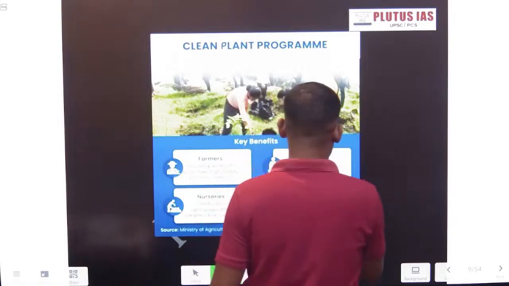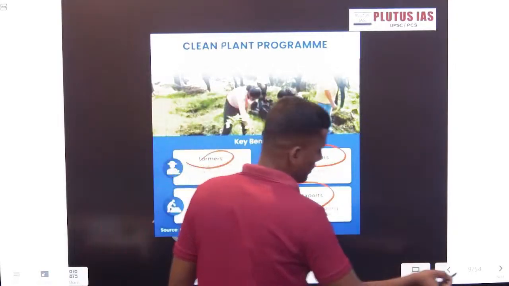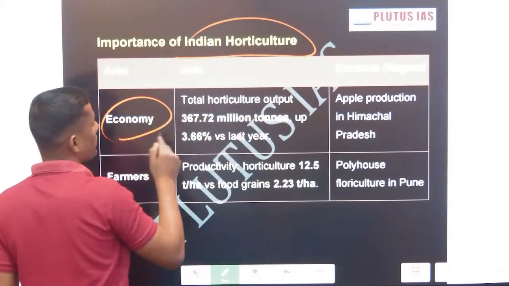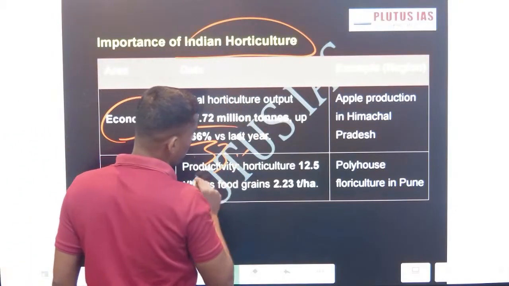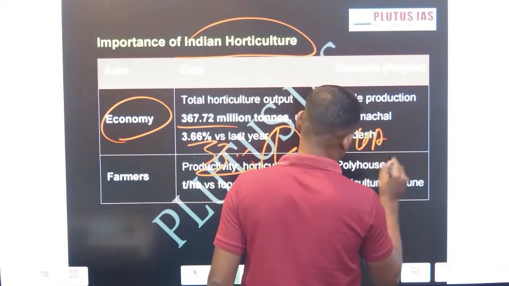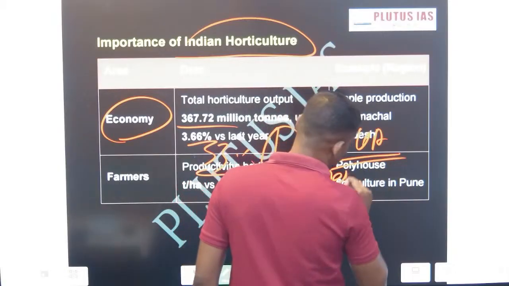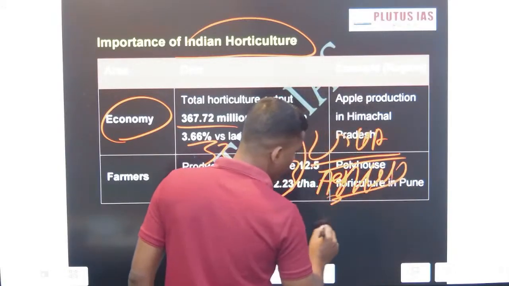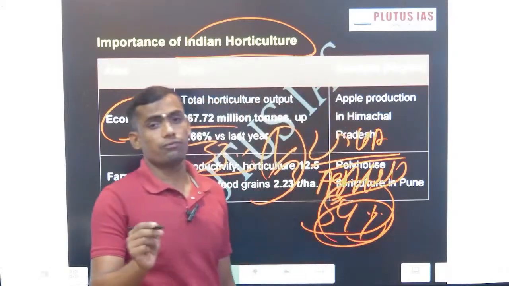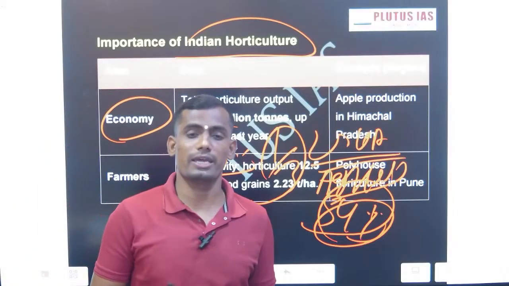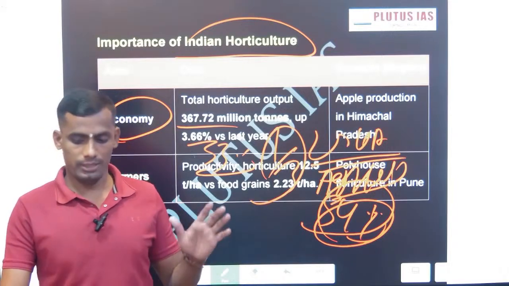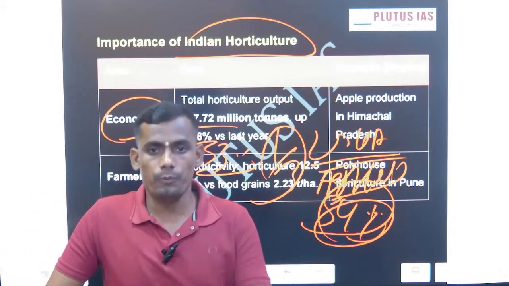You can go through this: consumer benefit, the export, farmers and nurseries. Okay, now this is the importance of the horticulture sector. As I mentioned, horticulture contributes 33%, that means one third of agriculture GVA. And agriculture provides employment to 54% of the population, meaning directly or indirectly 54% of India's population is engaged in the agriculture sector. So it has become very important for the government to support horticulture.